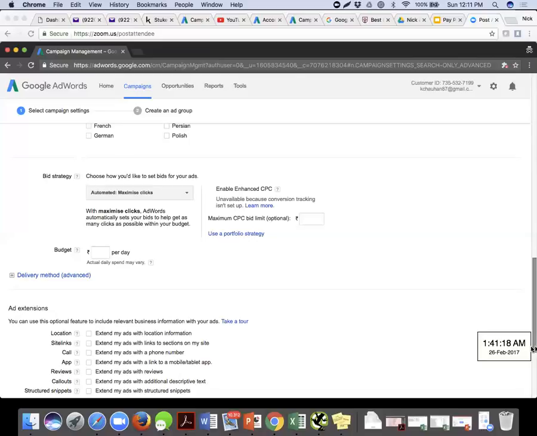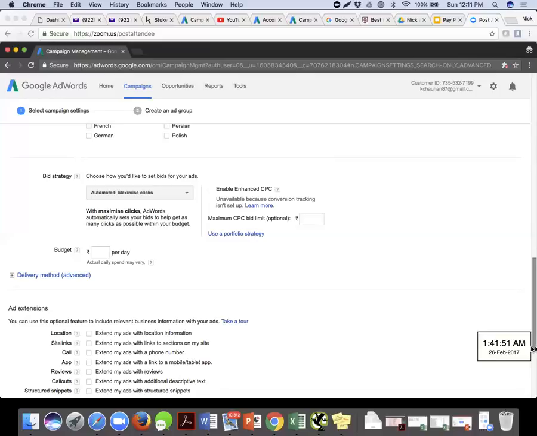These business rules are basically called bid strategy, and the bid strategy portion is of 2 kinds. One is the normal manual one. Manual is when I want to manually change the bid at any given point of time. If I have put in 10 rupees, it's my responsibility to change it whenever I want to. In the manual one, that responsibility is not passed on to AdWords at all.